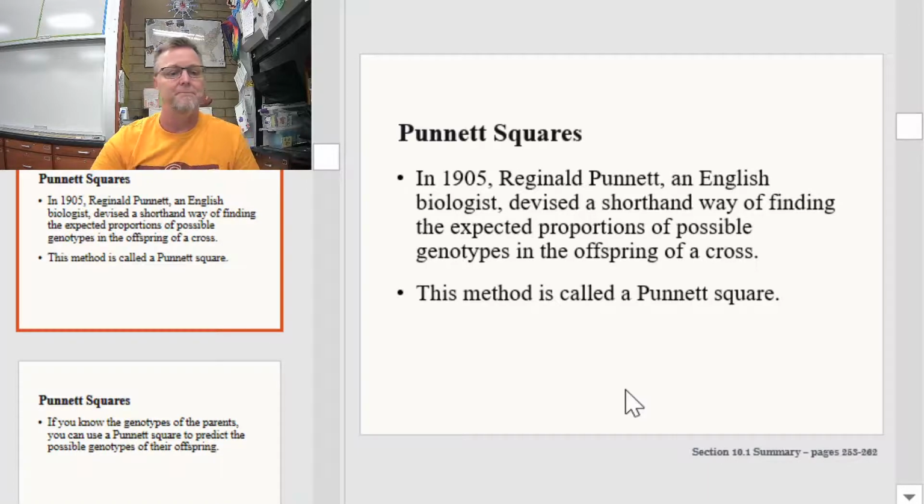Now later, Mendel proposed all this stuff. He shared it with the scientific community, and most people looked at him and said, huh? Like, I don't know what you're talking about. And the reason they didn't know what he was talking about is because